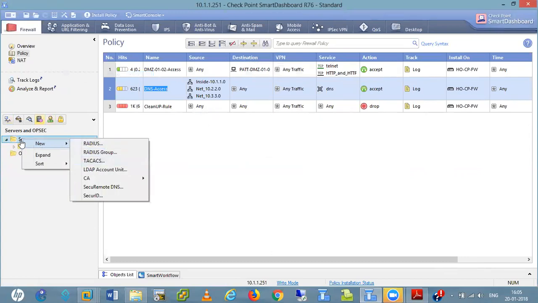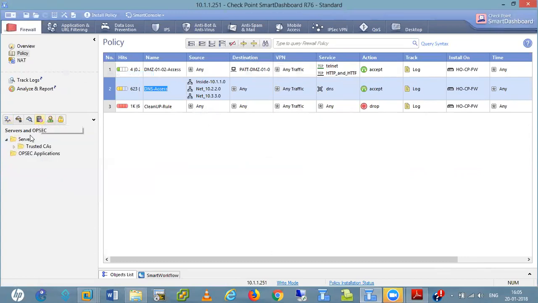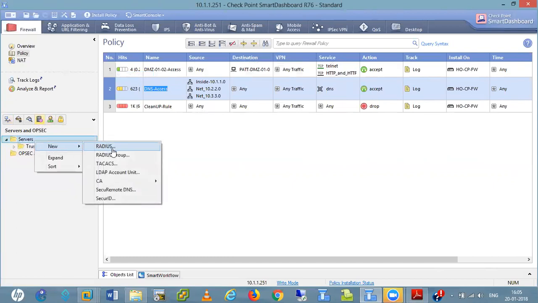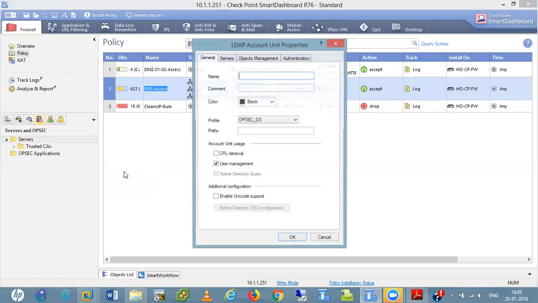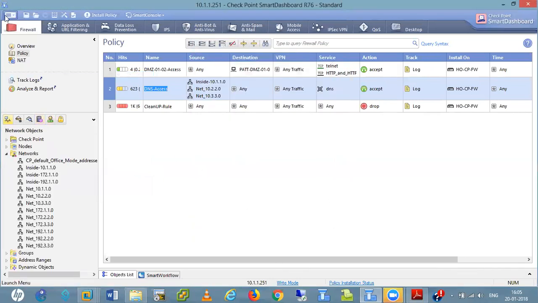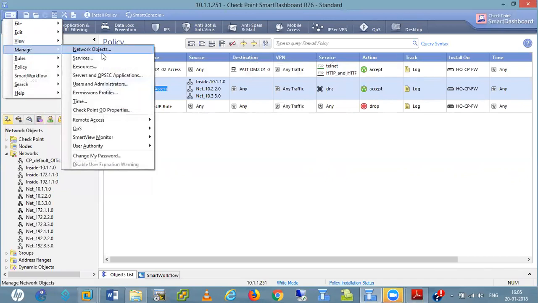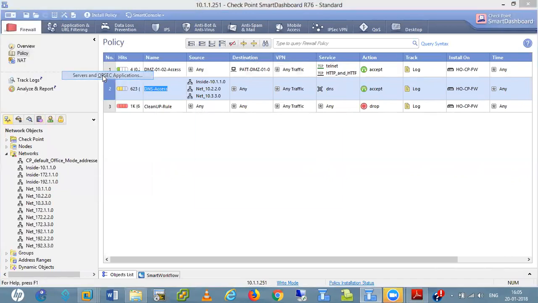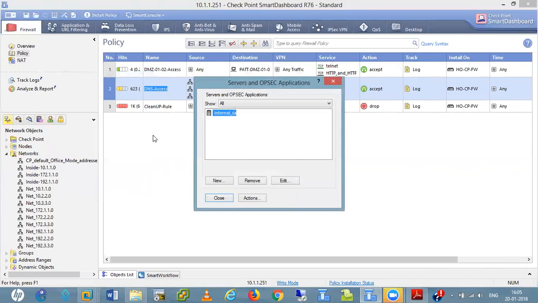From this servers tab, I click New and LDAP account unit. Generally I always use this tab because it is simple and easy to remember.